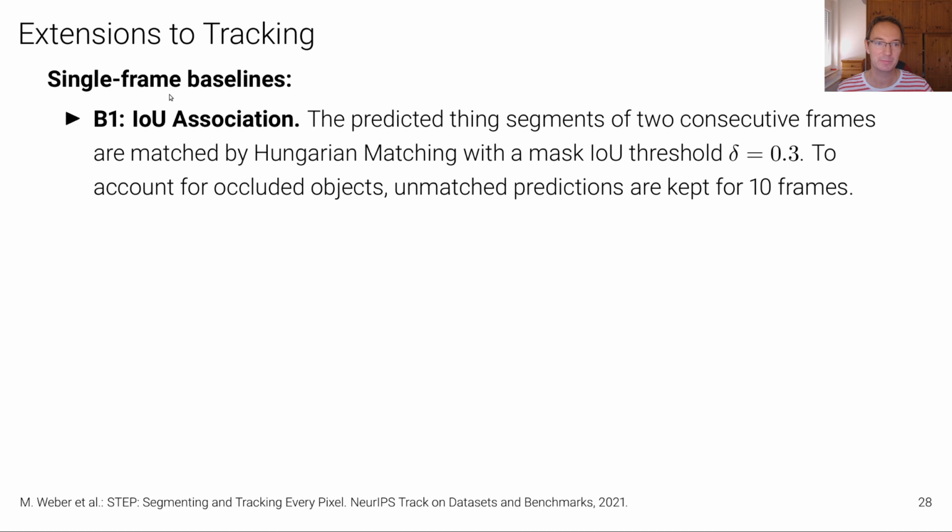So the first single-frame baseline uses the panoptic segmentation results and associates over time using a simple IoU criterion, where the predicted segments of 2 consecutive frames are matched by Hungarian matching with a mask intersection over union threshold that's relatively low. To account for occluded objects, unmatched predictions are kept for 10 frames